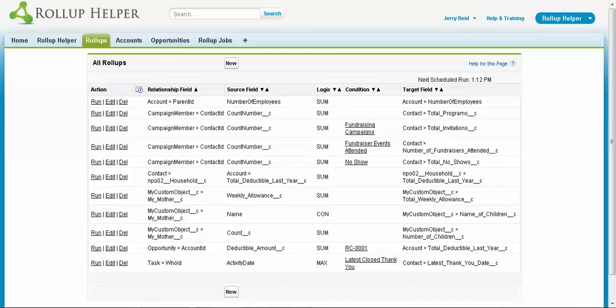Today I'm going to show you a very simple way of configuring Rollup Helper to do a simple rollup for your organization. And there are literally hundreds of thousands of different rollup scenarios that we've helped our customers to do on the Salesforce platform. For those of you who aren't aware, Rollup Helper is the only app on the App Exchange available for you to roll up any information in Salesforce with clicks and not code, so that you don't have to